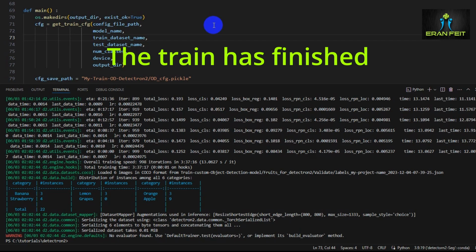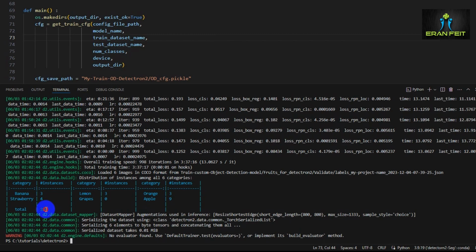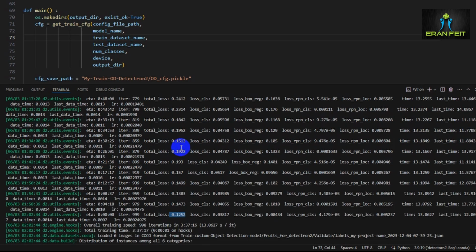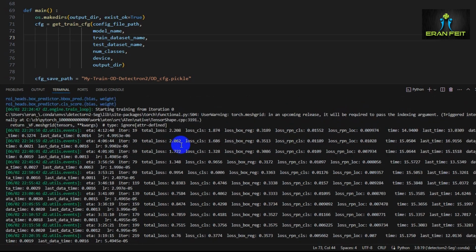So the training has finished, and now as you can see, here is a summary. We have 22 images. All those 22 images are the validation images that were tested along the training. And the important thing is to look at the total loss. The total loss here is the value 0.1252. If I go to the starting point, as you can see, in the starting point the total loss was 2.2,